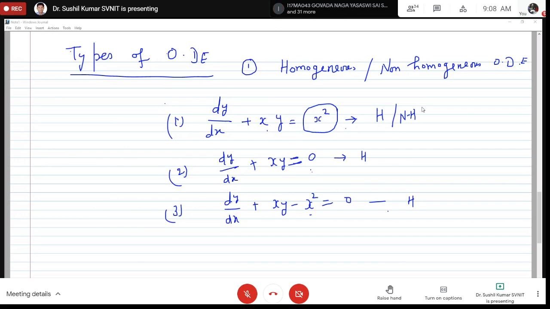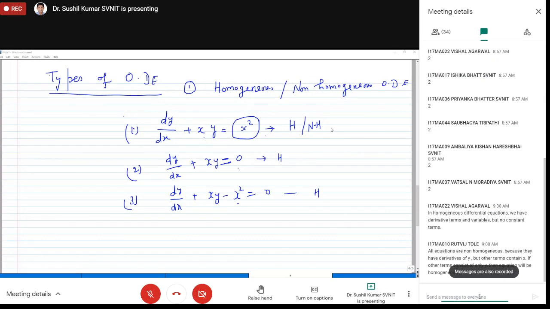The first one is non-homogeneous. Why is it non-homogeneous? A homogeneous equation should be in polynomial form with constant coefficient, I think. Repeat your answer. Good answer. A homogeneous equation is in polynomial form with constant coefficient, so both are non-homogeneous, I think. The equation must be in polynomial form. What is the next condition?